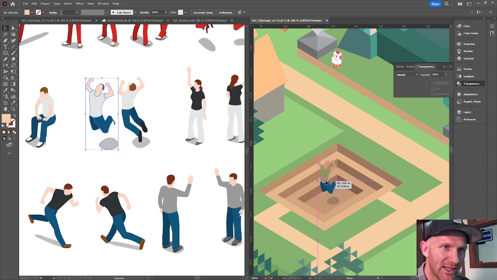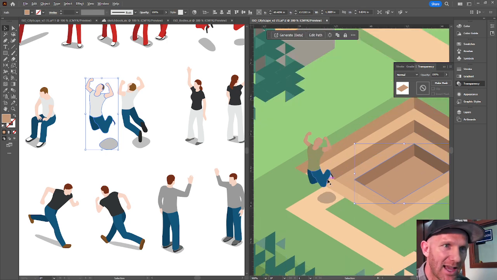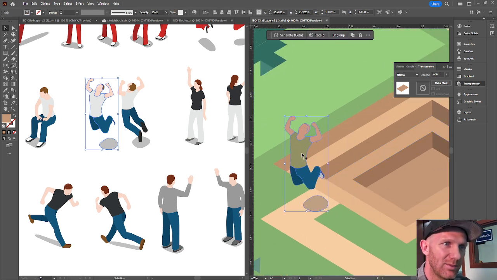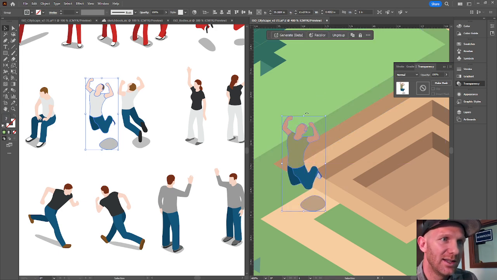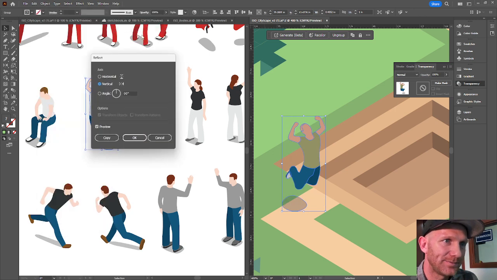Again, wherever you place it, it might look just a little bit differently. And the last thing that you can do is, because it's in the isometric projection, you can take this object and flip it on a vertical axis and it'll look like it just goes the opposite direction. So if I take Mr. Falk jumping into the pit and I go Object, Transform, and Reflect, it'll reflect along that vertical axis and I